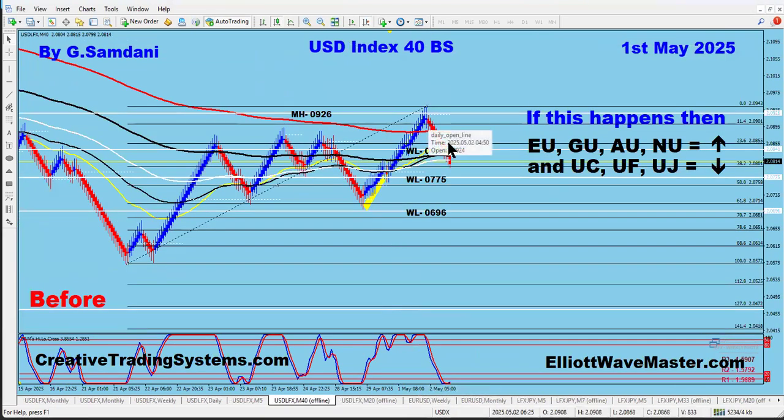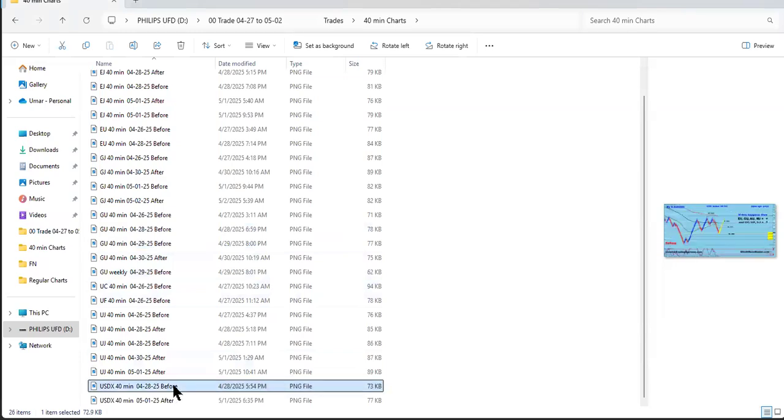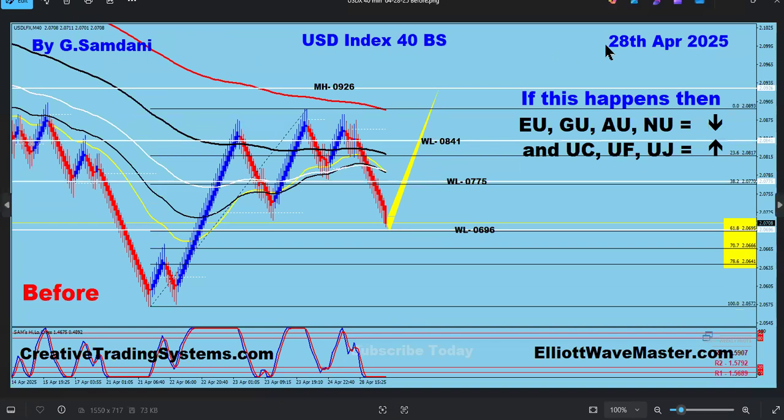We saw the USD getting weaker. See, it's dropping. My chart before was that it's going to go up. Let me see if I have that chart. This is a chart I made and gave to you guys in the folder I sent out over the weekend. On 28 April I made it again, saying this would go up to 0926, and that these 4 pairs will go down and these 3 pairs will go up.